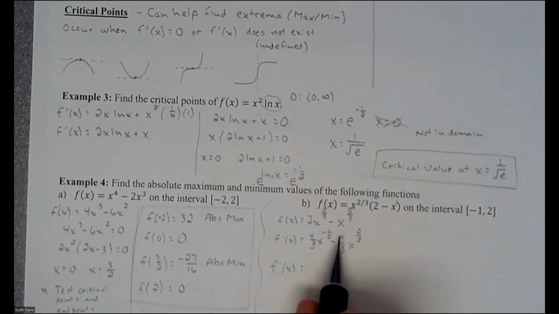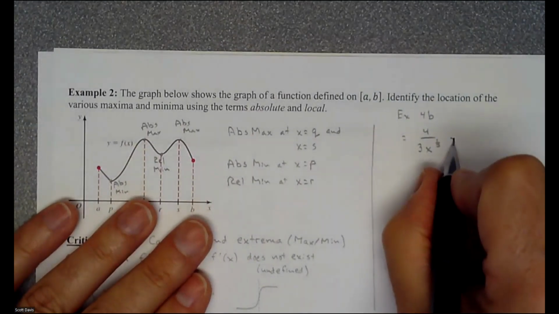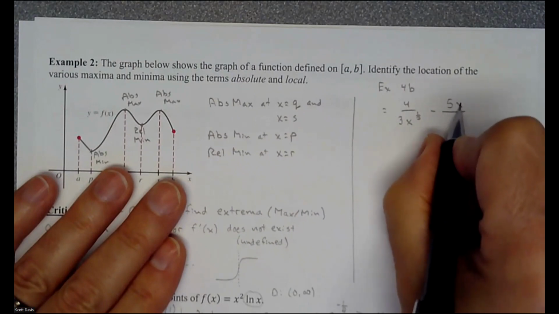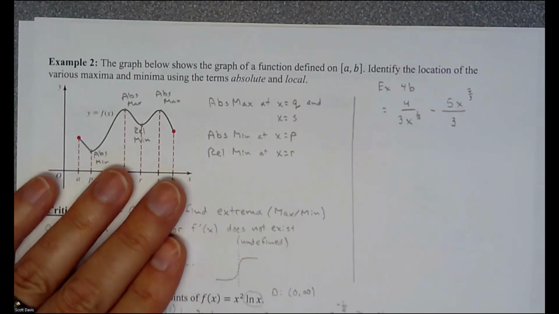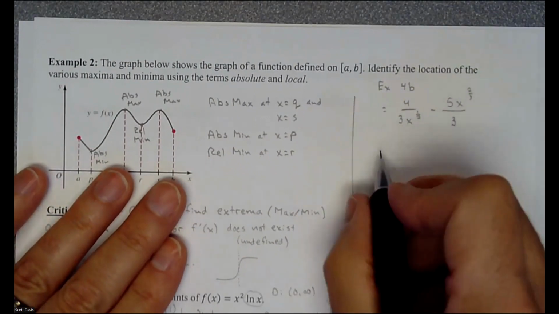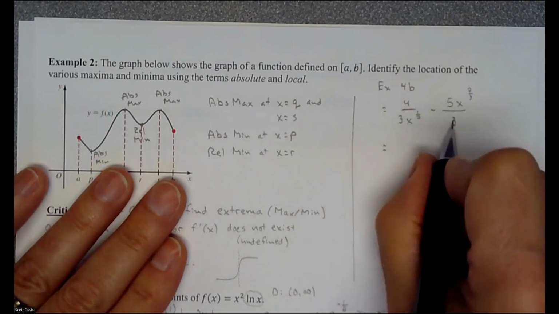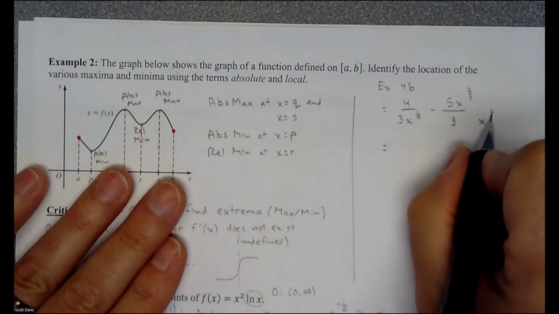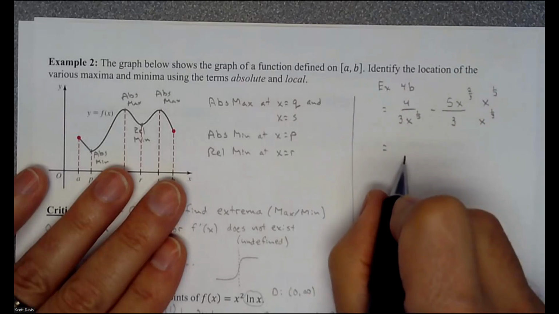And then this next piece, I'm just going to write as a fraction. This is a positive exponent, so I'm going to clump it together with the 5. So it's going to be minus 5x to the 2/3 over 3. All right, so I want to put all this together so I have one fraction. In order to do that, I need a common denominator. They already both have 3's, but I don't have an x to the 1/3. So I'm going to multiply an x to the 1/3 to both. So that's going to give me,